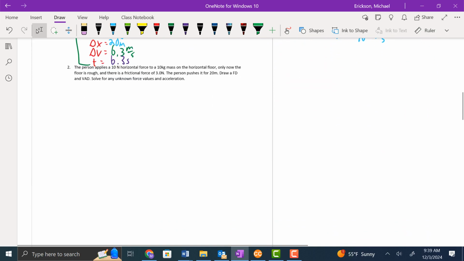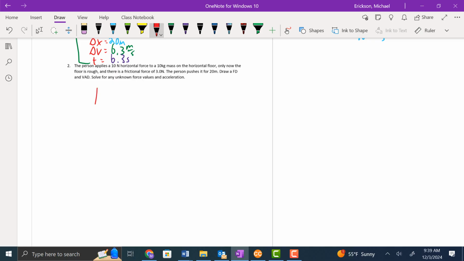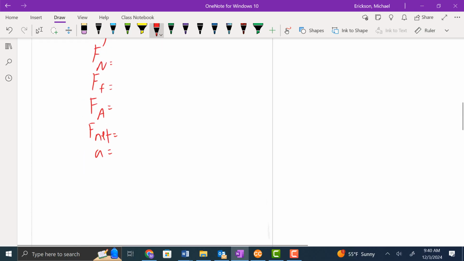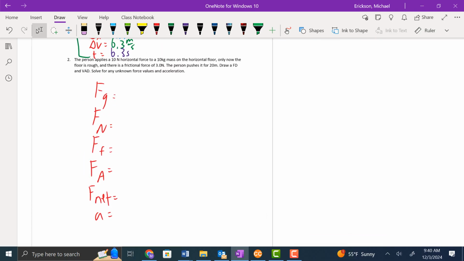For these next two problems, what I want y'all to do is solve for me Fg, Fn, F, now there is friction, Fa, F net, and acceleration. Don't worry about the kinematic stuff. Solve for me this stuff. And for problem 3, same thing. There's no more force applied. Draw me force diagrams, draw me VADs of these, and I'll see you next video after y'all work on